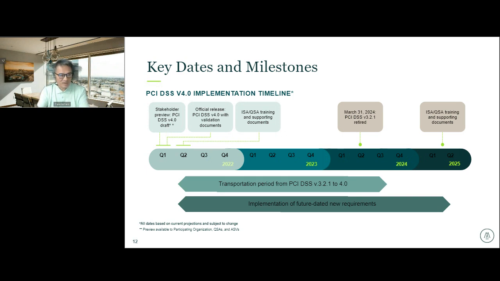That's what they're claiming. So are there any delays? We don't know. So this year, by June, we want to go through all this training. And then after that, there will be a transition period from version 3.2.1 to 4.0 all the way to March of 2024. So as you can imagine, within this period, there will be an option for you